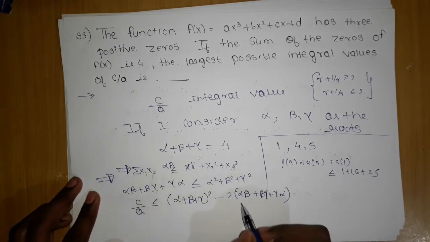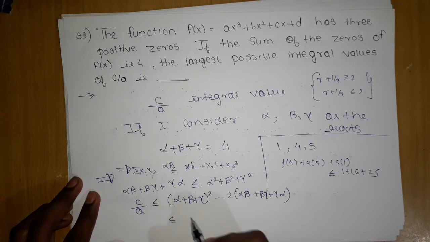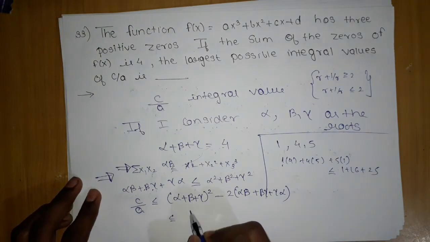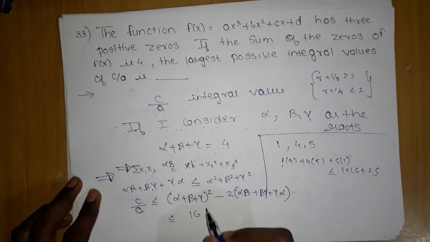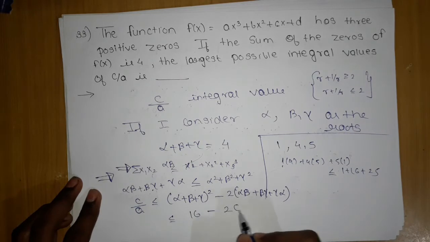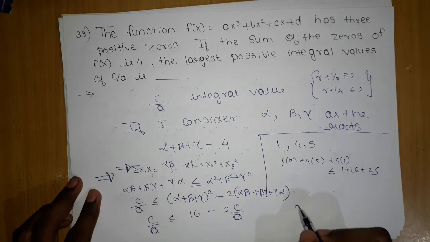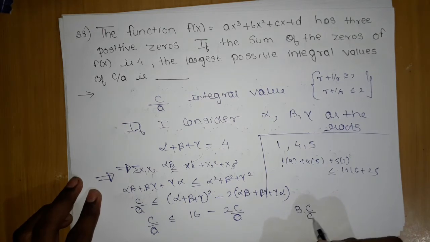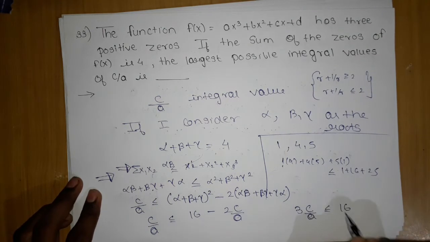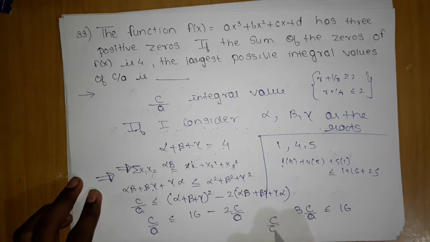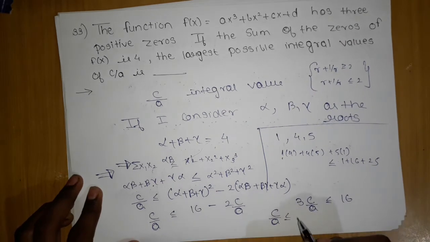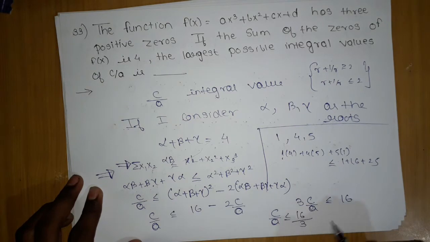Now if I bring it to that side, it is also okay. So I can write this as 16, because 4 square is 16, minus 2 into c by a. Here it is also c by a. If I bring it to that side, 3 c by a should be less than or equal to 16. So c by a should be less than or equal to 16 by 3, which is approximately